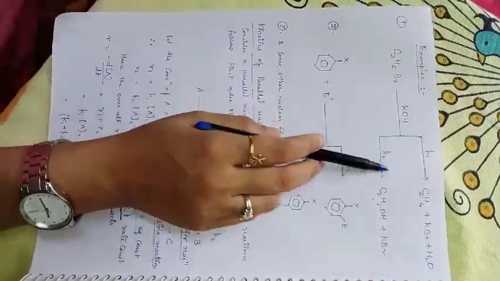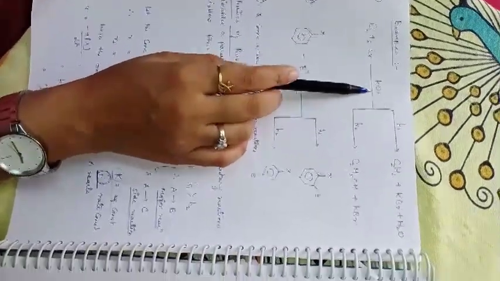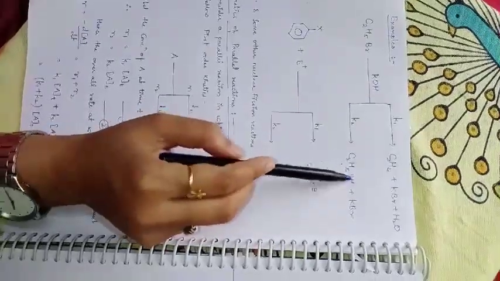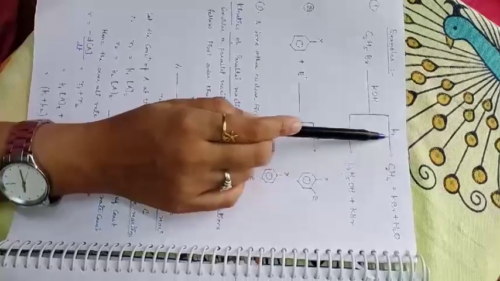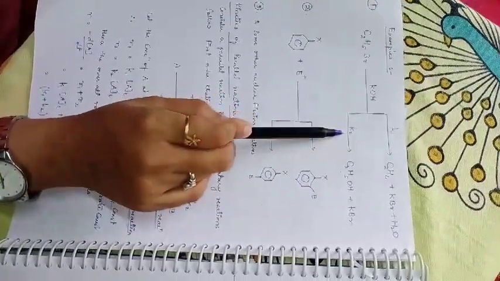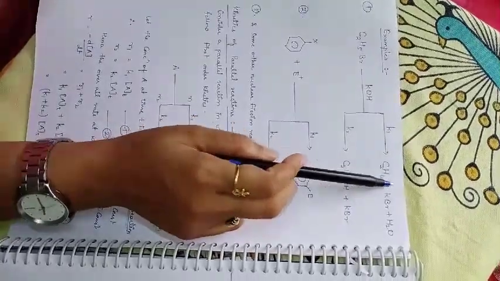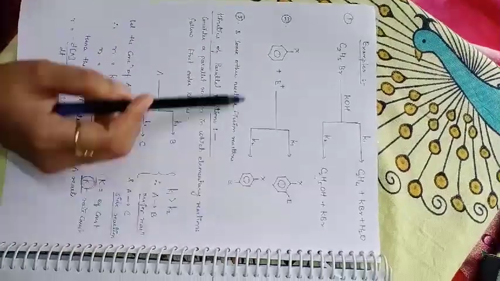These are the examples. You can see the reaction of ethyl bromide with potassium hydroxide. There is a possibility of two different products, ethene and ethyl alcohol. For this the rate constant is K1, and for that the rate constant is K2. So it depends. If the yield of this is higher, it will be the major product, and if the other is higher, then that will be the major product. Similarly, the other example is